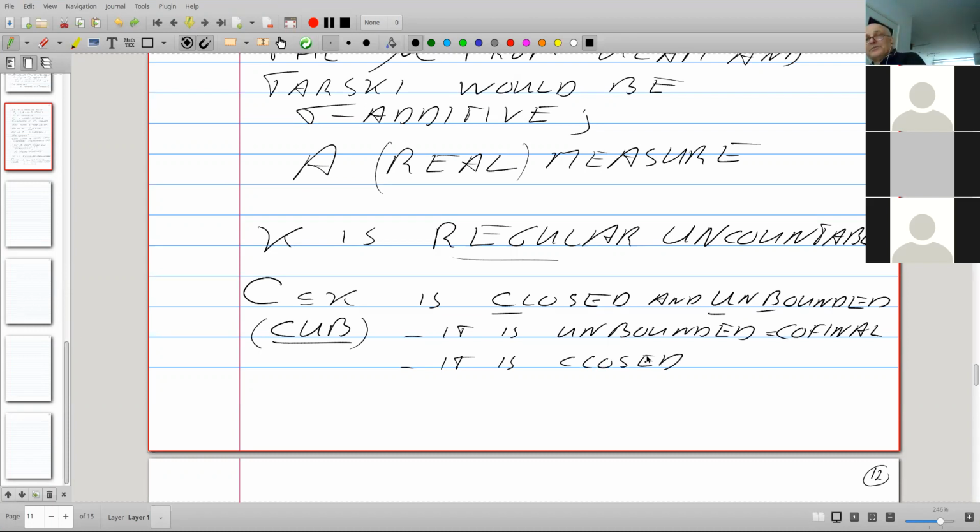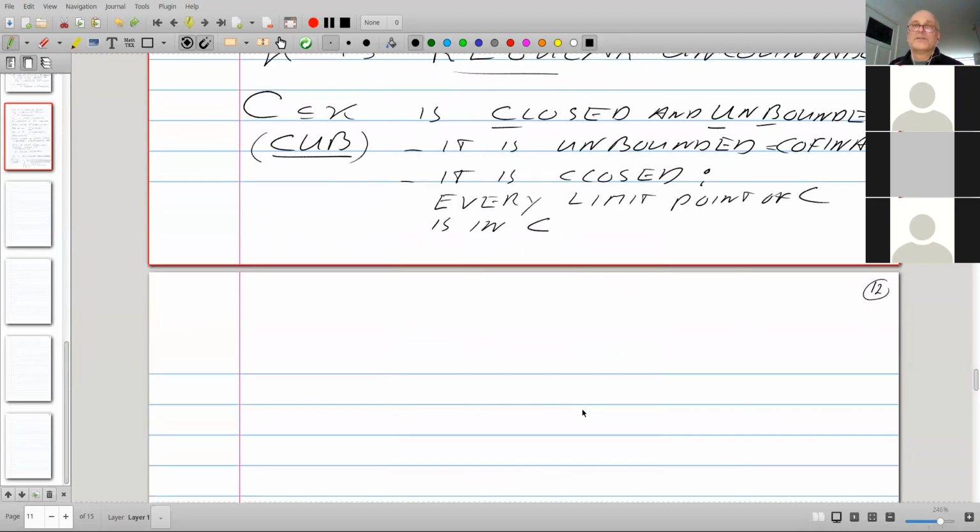If you're like me and you grew up with ordered topological spaces, then closed, when I say closed in the order topology, is that's it. But order theoretically and for our purposes, this is the definition of closed. Every limit point of C is in C. And what does that mean?